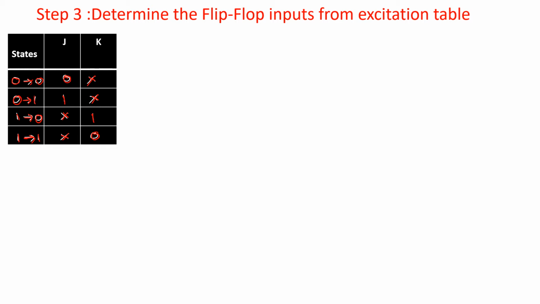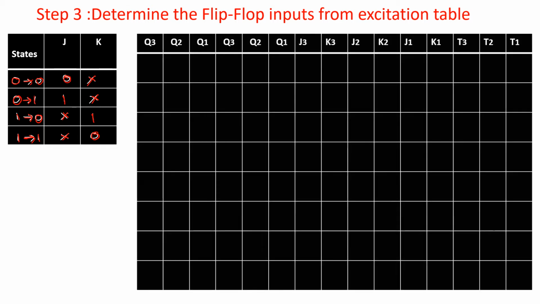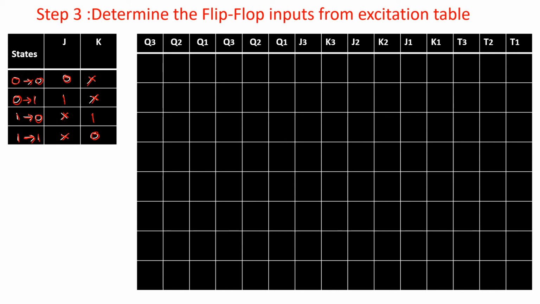Now, this is the table which we are going to feed. Q3, Q2, Q1, which are shown in the first 3 columns, are our present state. So these 3 columns are the present state, and these 3 columns are the next state. What I mean to say is, we are going to use 3 flip-flops, and what we want as the first state